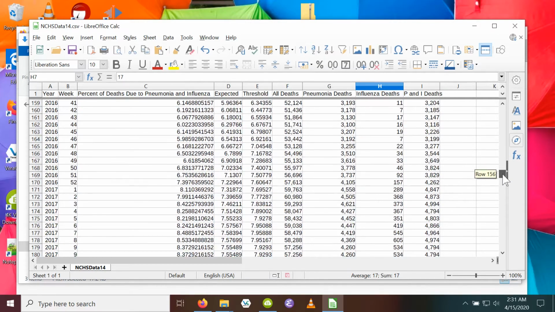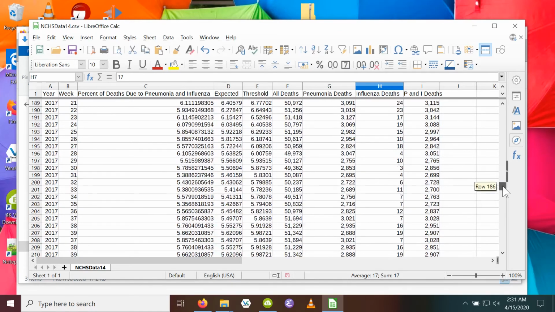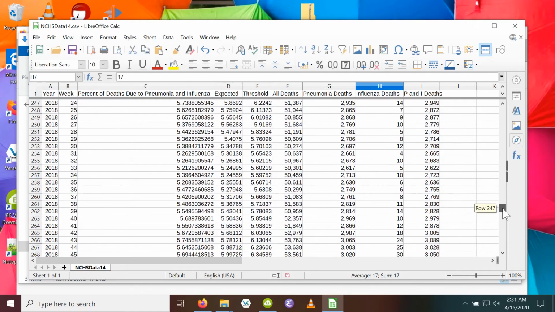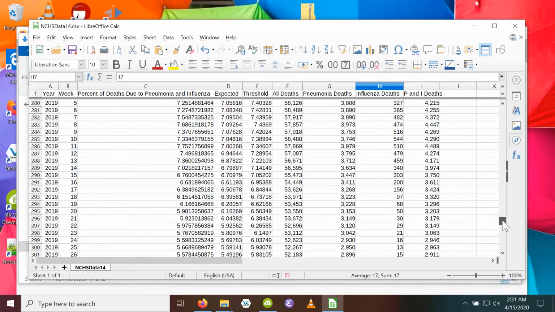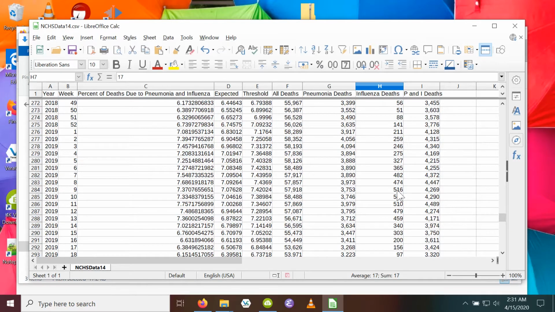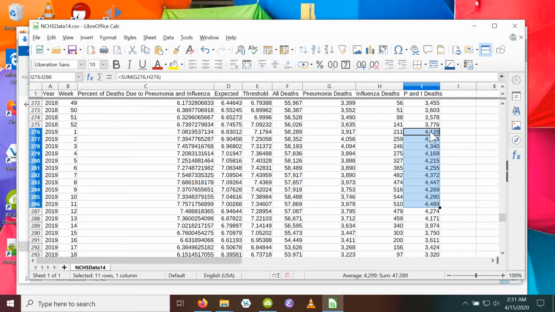Okay, so let's go down and I'm just going to scroll through and show what the typical data is, what the file looked like. So you can see the file as it appeared to be on April 15th. And let's get to 2018. Now, I'm especially interested in the first 13 weeks of the year because we've just gone through the first 13 weeks of 2020. So I want to compare those. So I'm going to go down to, there are 12, 13.